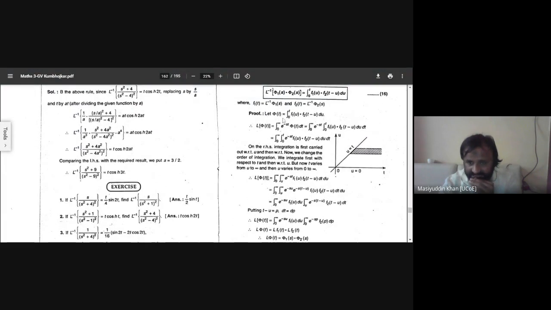And this was our consideration. If I consider this is my function, and after the integration or substituting in a Laplace transform, I will get the same result again, but with respect to Laplace inverse. While applying the Laplace inverse of f1 of s into f2 of s is equal to f of t, where phi of t is represented as integral 0 to t f1 of u into f2 of t minus u.